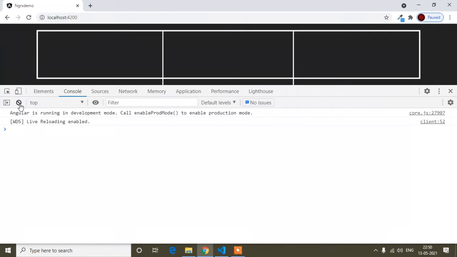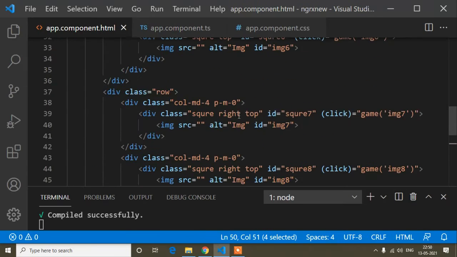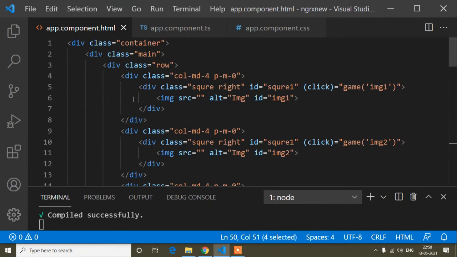here is the console, and now if I press any box, this first box is id1, because inside this HTML also, here you can see the first square box id is img1, and the second square box id is img2, and that I have passed here. So that means I have passed the ids serially.